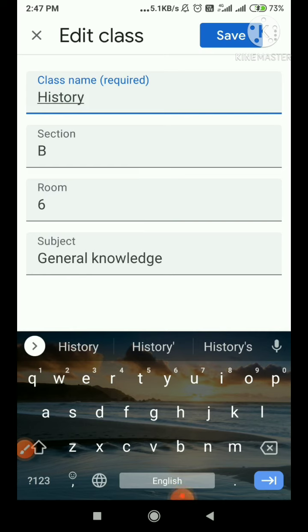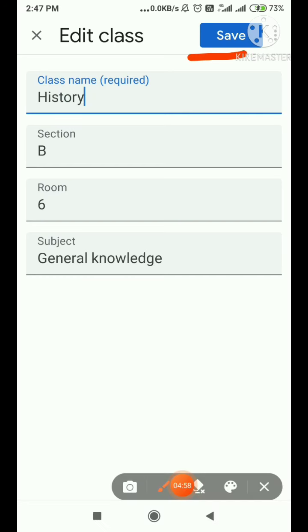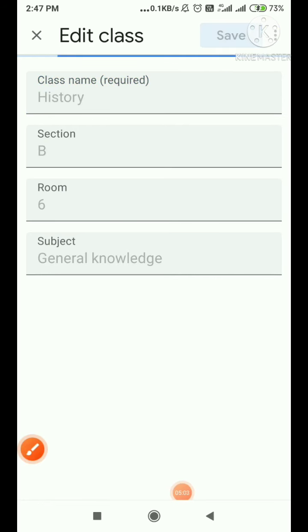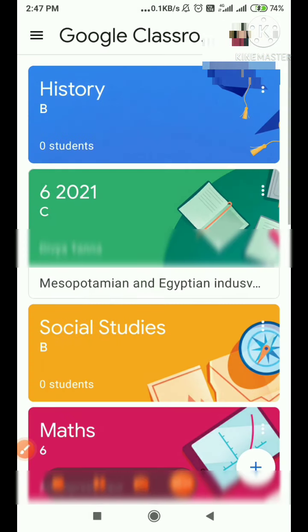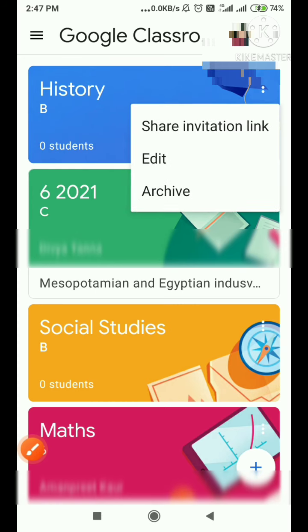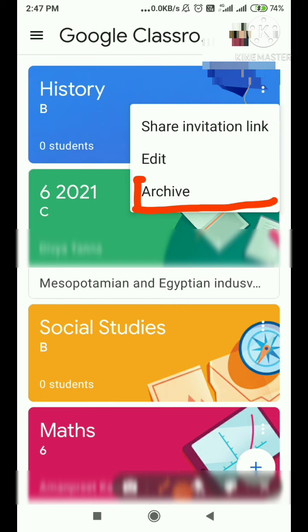Now the save button is coming in dark blue instead of light blue, which means we can save it. After saving, this page appeared, and you can see it has changed to history, not study.